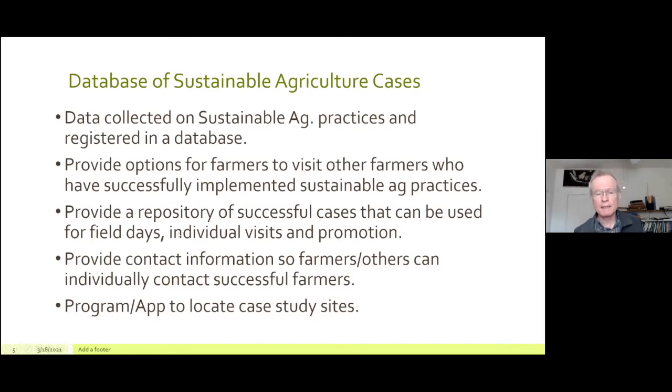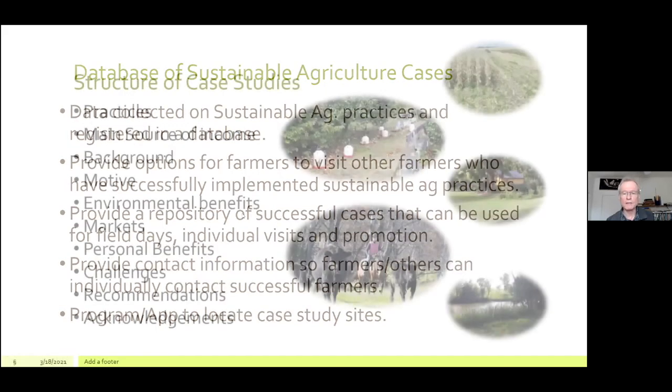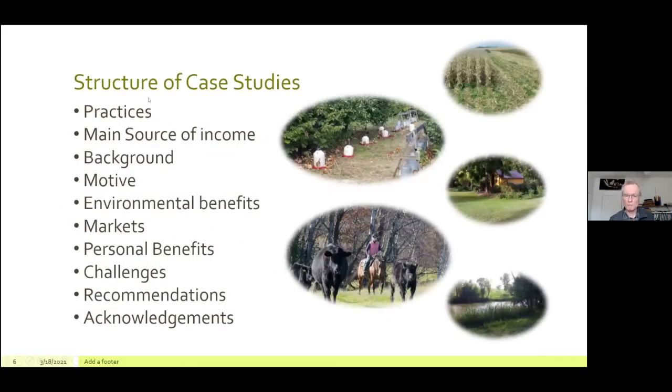And so the way it works is the farmers do provide contact information. We do ask them to share, but that's up to each farmer. They can say, put my email on there, or go ahead and put my phone number. But that is something that each individual grower that is part of our program would decide and indicate how they want to be contacted. And then we have the application FarmMaps, that allows people to locate those case study sites.